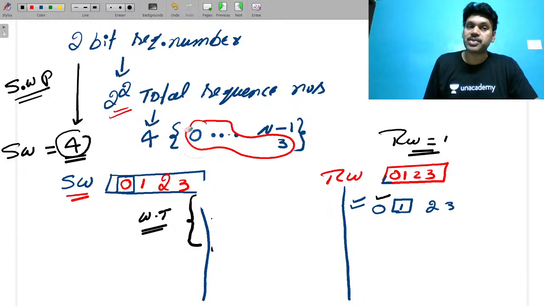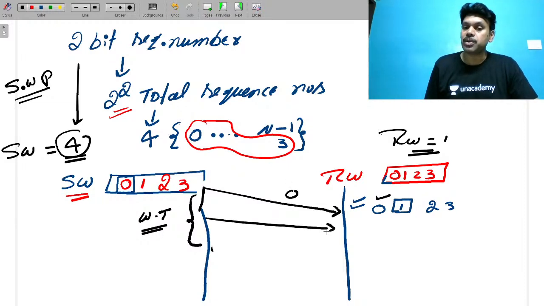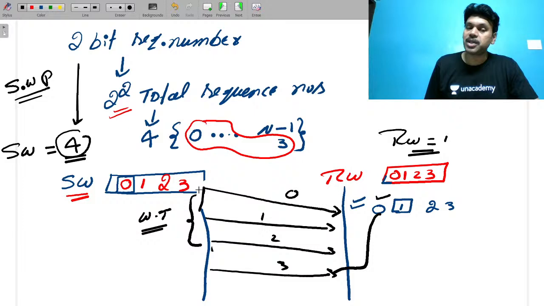So my dear friends, instead of waiting for acknowledgement, why are you sitting idle? Better you push all your data frames: frame 0, frame 1, frame 2, and frame 3. As soon as you are sending frame 3, the first acknowledgement is going to come. Observe carefully, the first acknowledgement is going to come for the first received frame. Therefore, this time and this time are going to be the same.